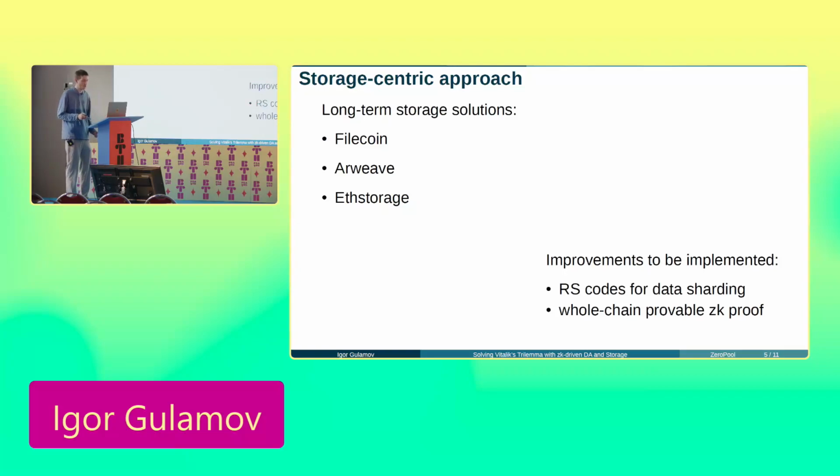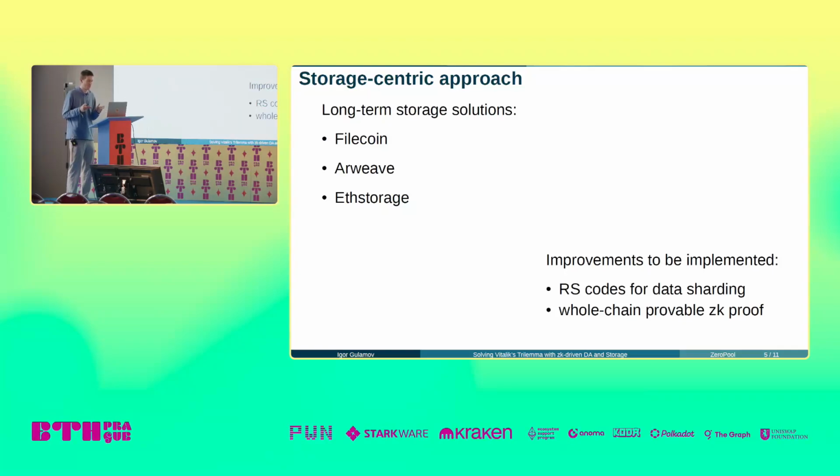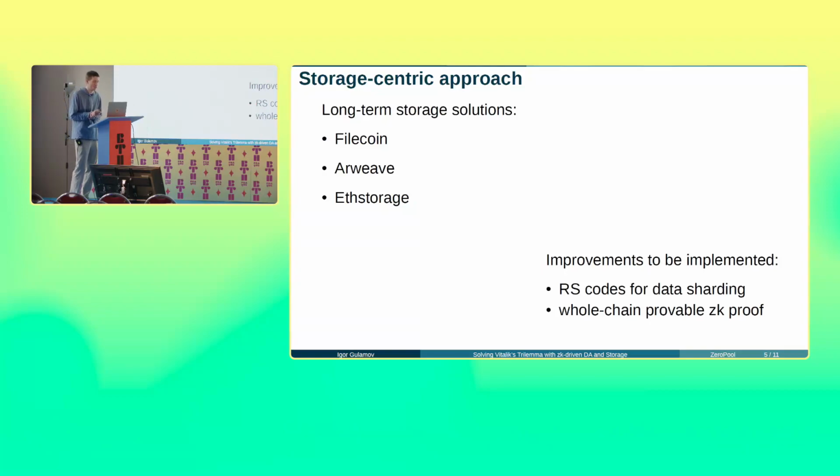With Reed-Solomon codes, we can mix all the data together and blow it up. And then, if any source amount of the blown-up data is available, we can reconstruct the source data. It is a much more efficient solution than just replication, and we can reach more soundness with it.